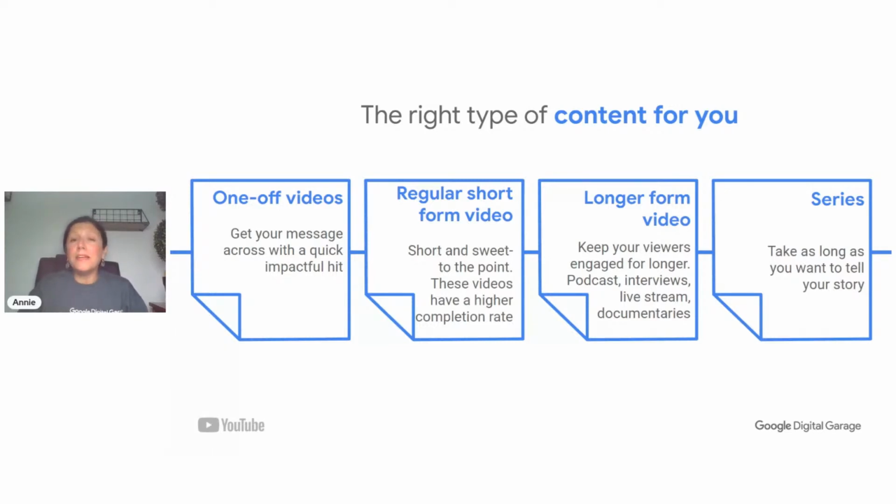And you've probably all been on Netflix or similar and seen series. So you can see how series work. They start with a hook. How do we get people interested? And a cliffhanger. How do we get them to come back and want to come and see series 2? So it might be that you set up these different kinds of content over a period of time and create a series if there's interest in people coming back. So the best way, really, like anything, is to start small and then to grow from there.